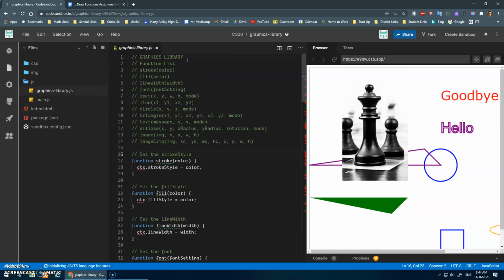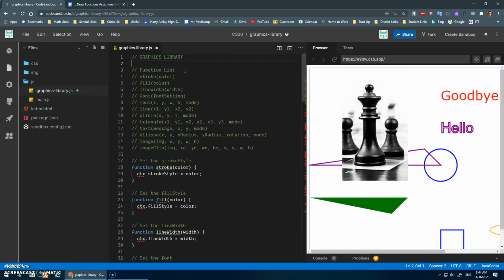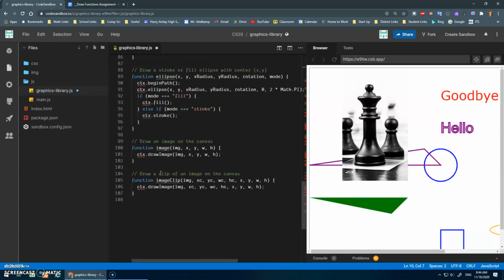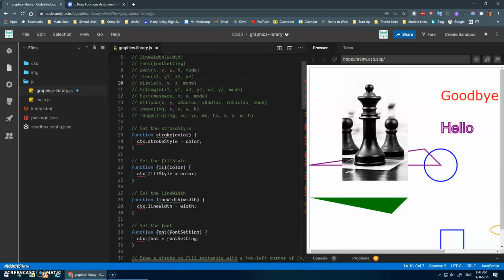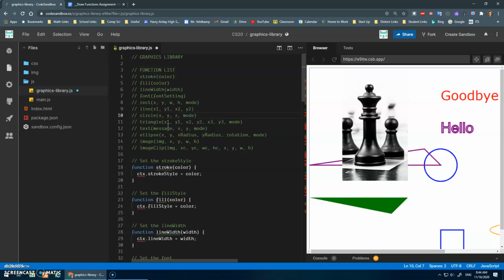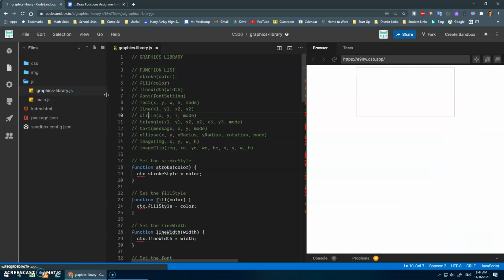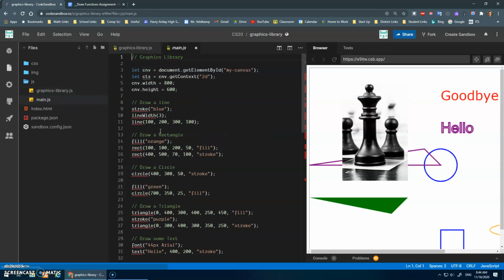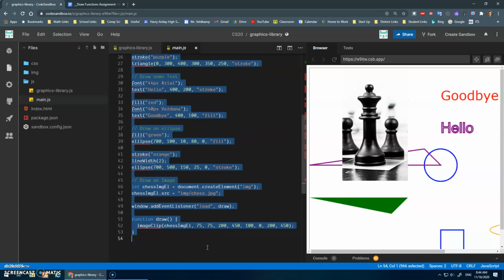In the graphics library, I just added a function list, so just kind of a quick reference. These are all the functions that are available in the library. And then all these functions are down below that we worked on in the graphics library videos. Okay, my goal here is, I'm going to save this, and this should be ready to go with all these different functions. In my main.js, I want to delete all of this